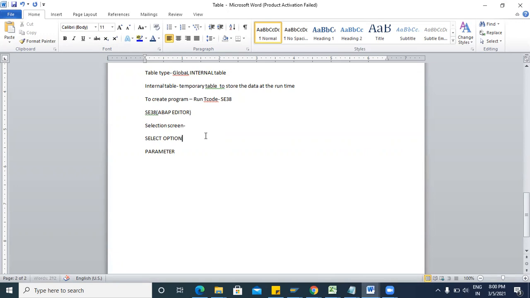If you want to give multiple inputs, then you use select-options. Select-options is to give multiple inputs. Parameters is to give a single input.